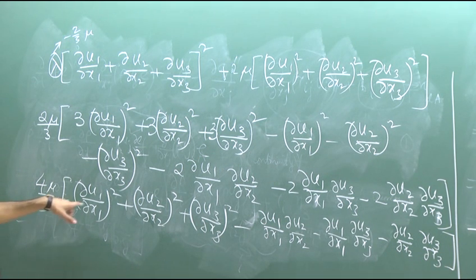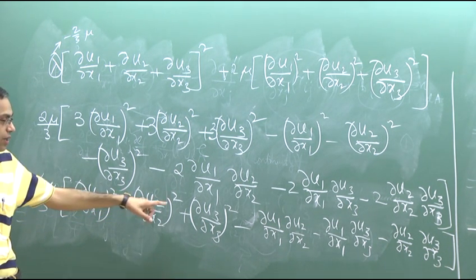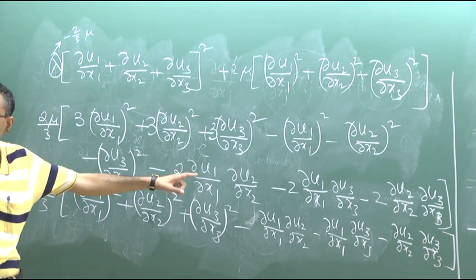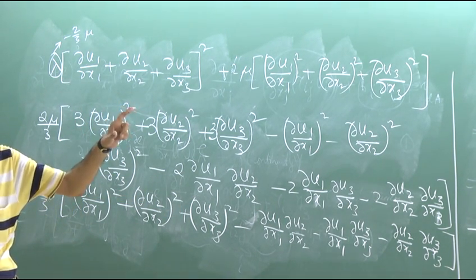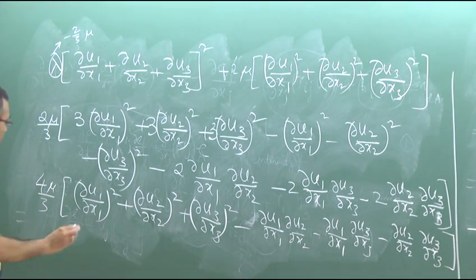So, this is a positive term like a square plus b square plus c square minus ab minus bc minus ca, that is half into a minus b whole square plus b minus c whole square plus c minus a whole square. So, this is positive,